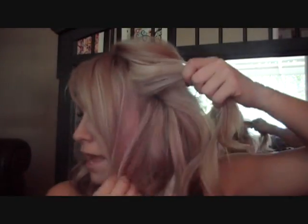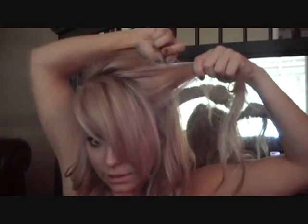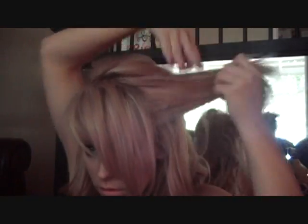All right, now you're gonna do the same thing on the other side. You do wanna leave out your bang. She has a big bang down in front. You can be your own judge at how much bang you would like to have down. Same thing, I'm gonna leave some of my hair down over my ear. I'm not gonna pull it all the way to the scalp. I'm just gonna grab some of this hair right here, tease it a little bit at the root, and then pull this hair back and do the same thing that I did on the other side. So let me spin around, I'm gonna pull it all the way around to the other side